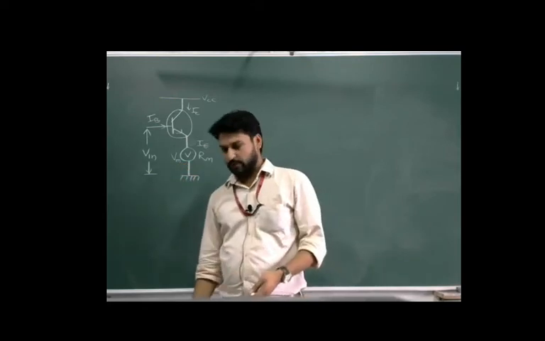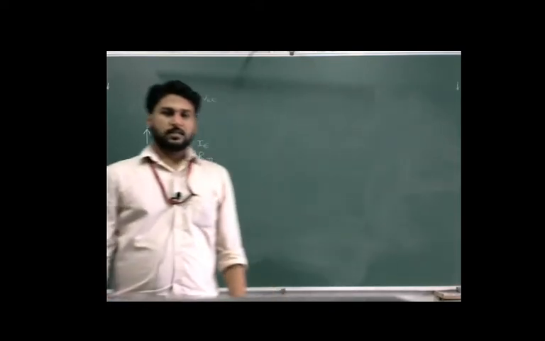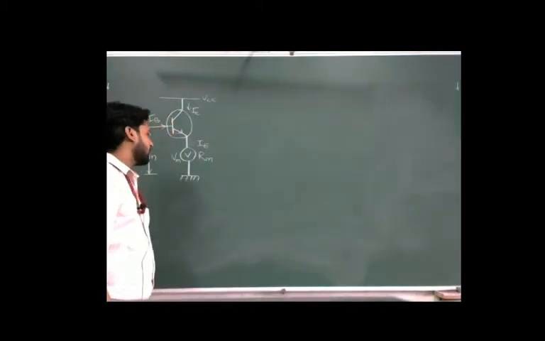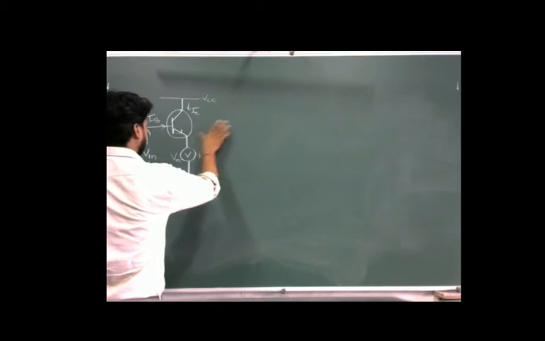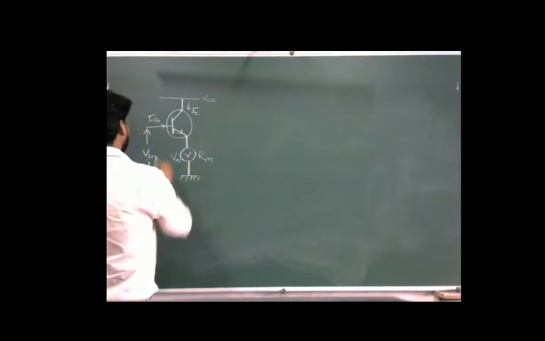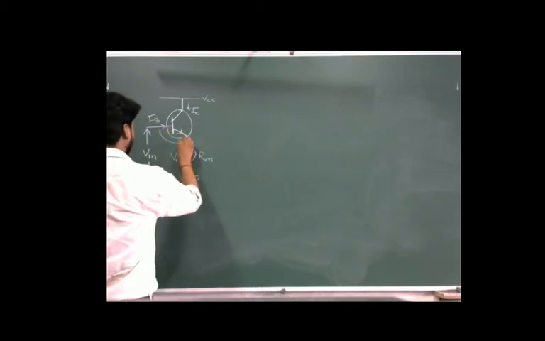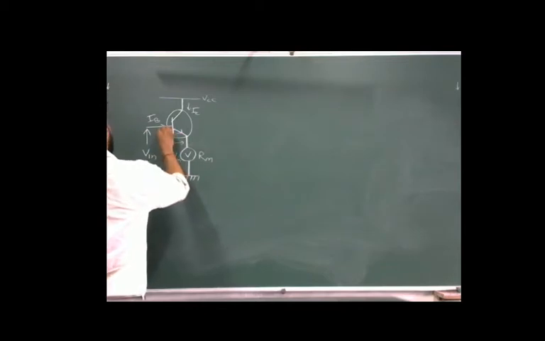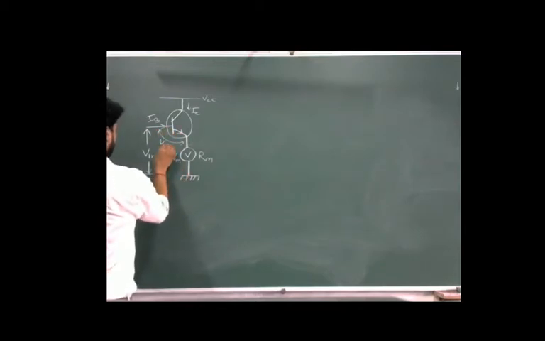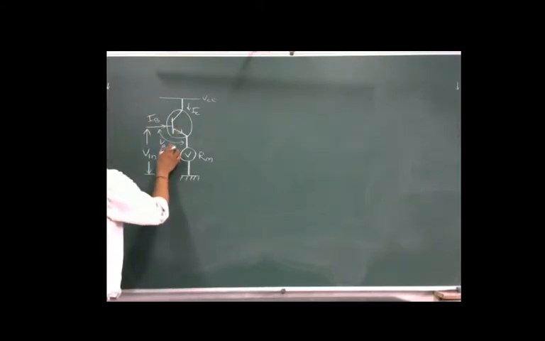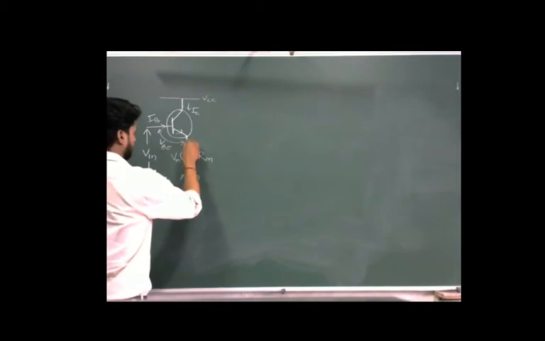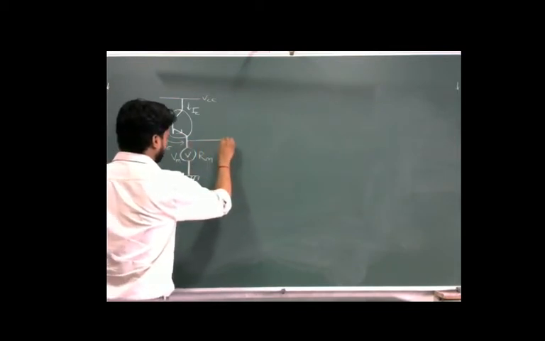So to remove the error, this circuit still needs some modification. The error was due to the base to emitter voltage drop, VBE. So to remove this voltage, we connect